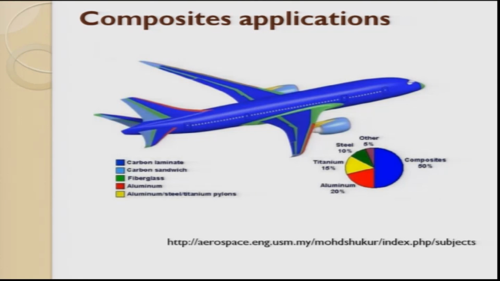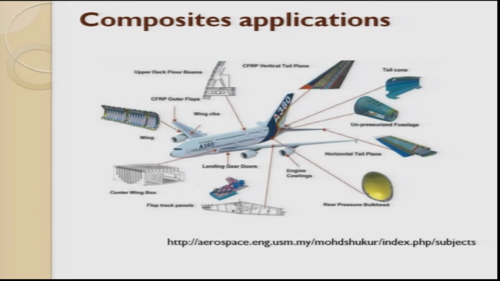People have started using carbon sandwich composite. We will see what is sandwich later. Fiberglass, and they have also started using aluminium metal matrix composites. So these are some of the parts which are made out of composites. For example, CFRP